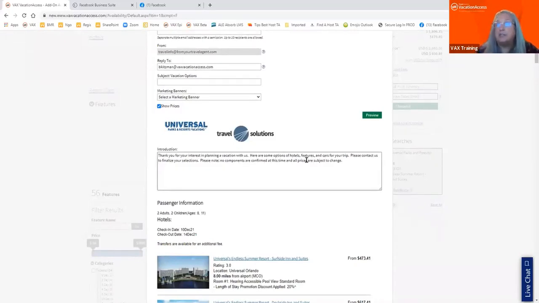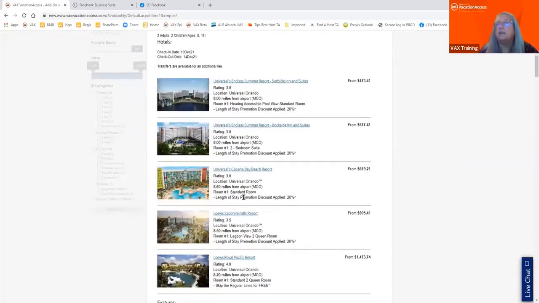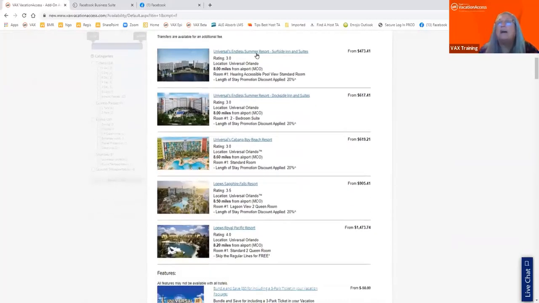You can edit your introduction. And I just want to point out, as we are on this particular demonstration, we do see the supplier's logo, but also this is my agency logo. Kind of not all that exciting for an agency logo, but the point is that you can see that it does display here. And then you see the different resorts, I guess I went ahead and chose 5, didn't I? The different resorts that we are offering to our clients.